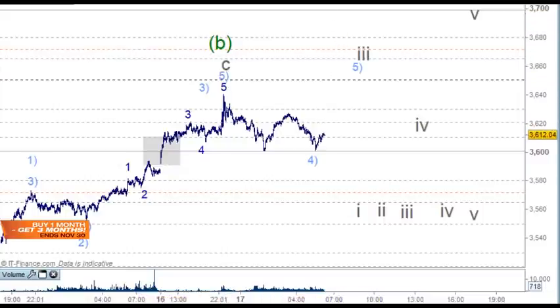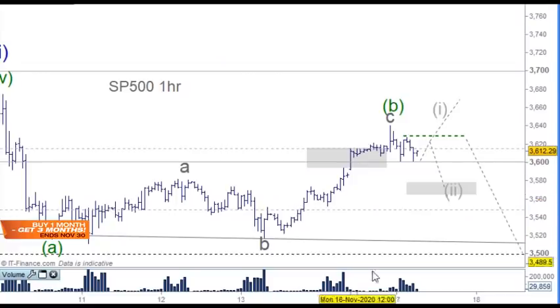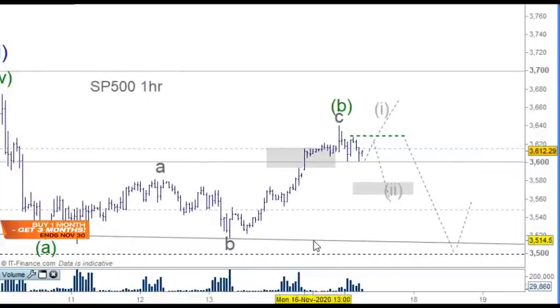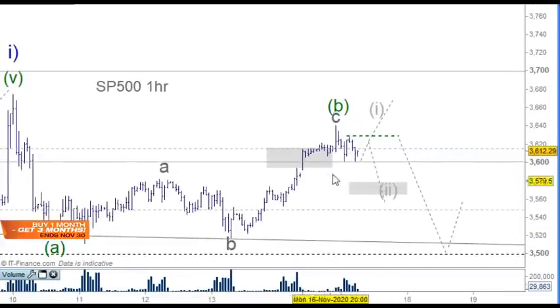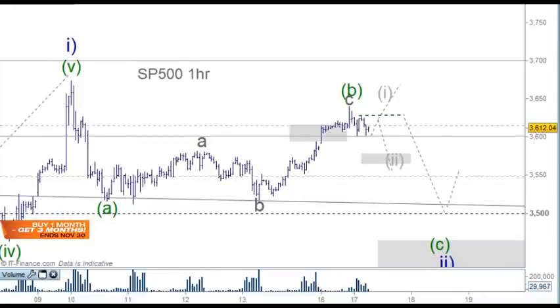So it does bring us back to, well, if we go back to the hourly chart here for a moment. So we could look at this in a couple of different ways. If this market is going to go any higher here, then we're going to have to rule out wave B here, right? That means that we can do a couple of things here. We'll either have to put wave C here for this and wave 2 here for this,